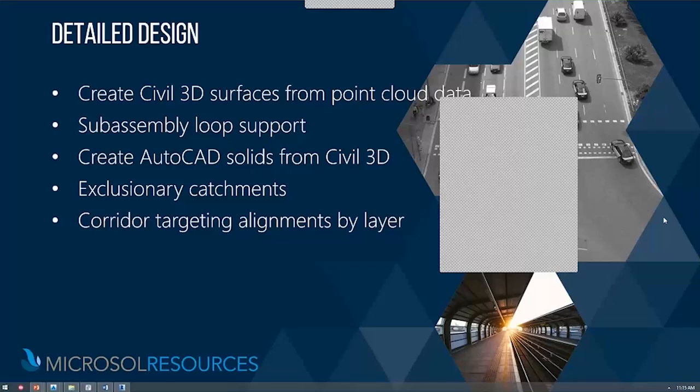That's good. Now, the Subassembly Composer, for those of you who don't know, is a tool that lets you create your own subassemblies within Civil 3D. So aside from the extensive library of subassemblies that come out of the box, you can create your own brand new ones. Now, one in particular that was introduced for this release is the ability to do loop support. A loop would be something that you'd like to do repetitively. So in the case of those of you who know a little bit about programming, sort of like an if-then statement. So you can continue to do a particular subassembly for as long as you need, or until you find,